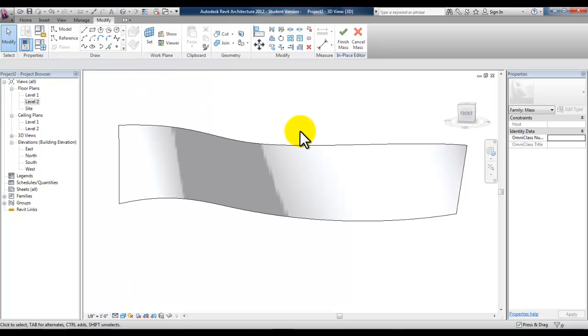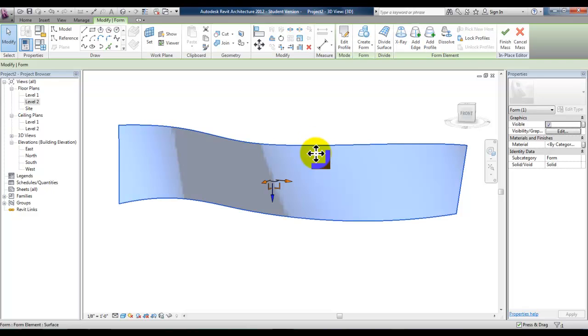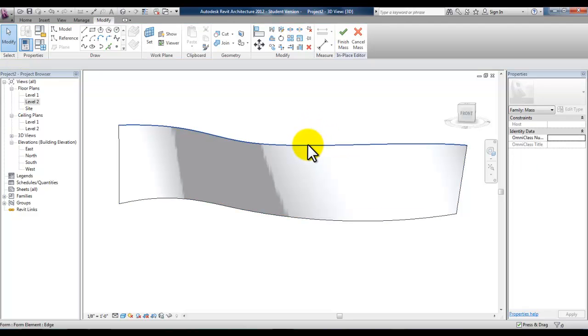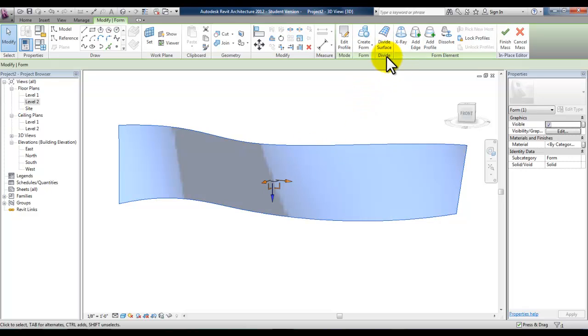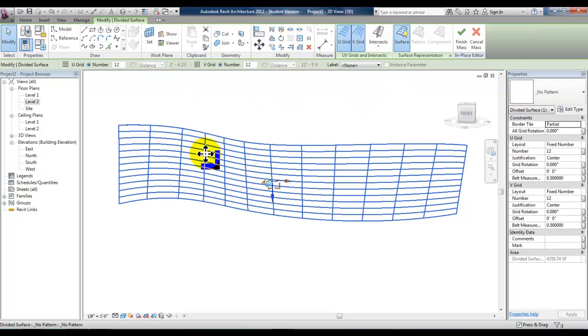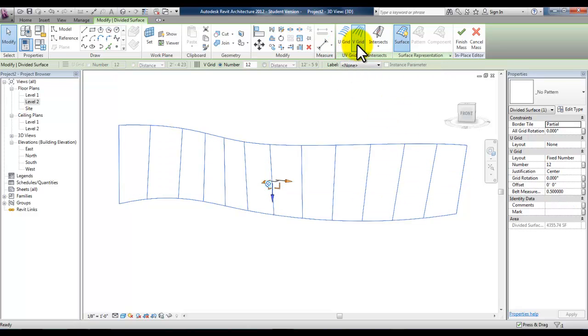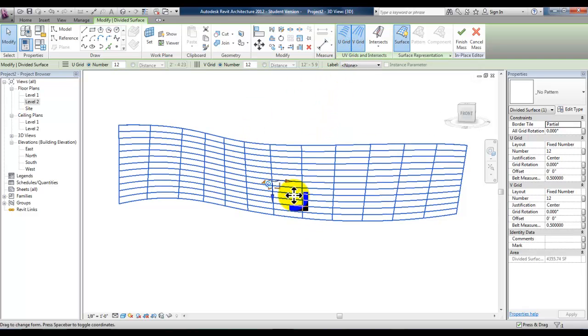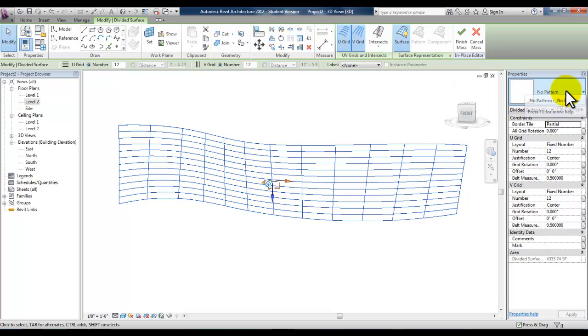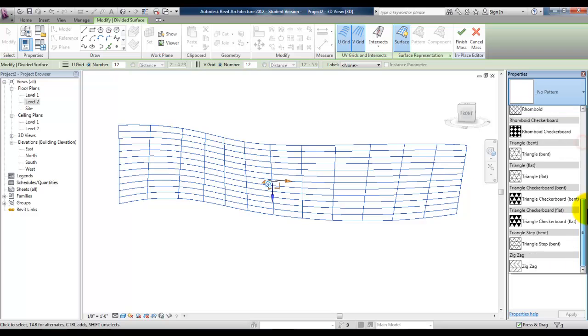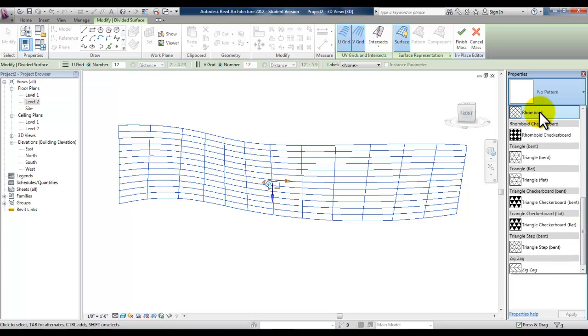We're going to take a look at the pattern base though, so let's go ahead and select the surface, making sure you have the surface selected and not the edge, and then pick Divide Surface. When you divide the surface, you'll have a U grid and a V grid. So if you wanted to turn on and off these, you could end up with panels in different shapes and sizes because of the U grid and V grid here displayed in the options bar. If you notice, when you select the surface, there's no pattern that's applied to it. So I'll go ahead and drop this list down, and you can experiment with different patterns, but for this example